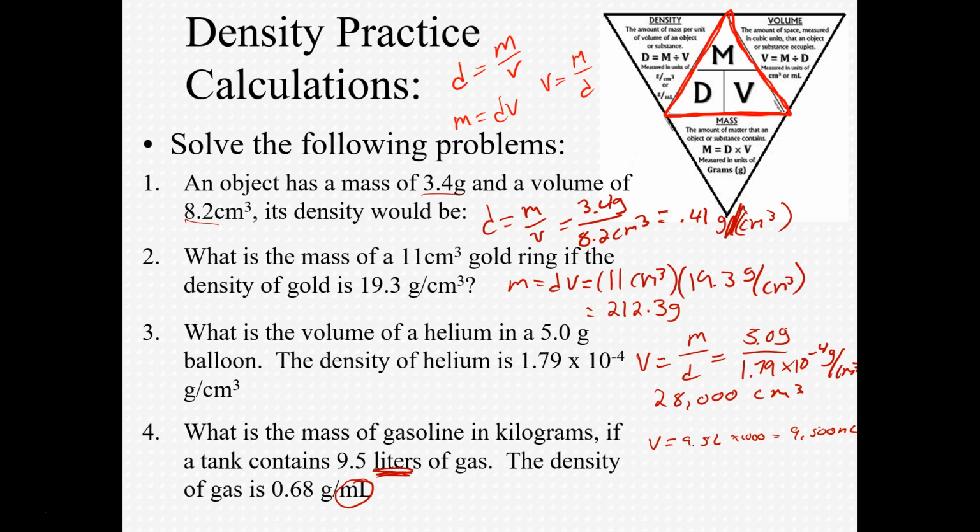We want to know what the mass is. Well, if we go up to our math triangle and we cover up the M, we see that the D and V are right next to each other, which means in order to get mass, we have to take our density times our volume. So mass is going to be equal to density times volume, which in this case will be 9,500 milliliters times 0.68. And that's going to give us a mass of